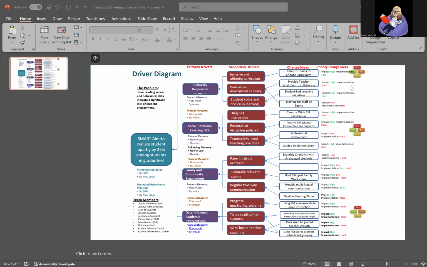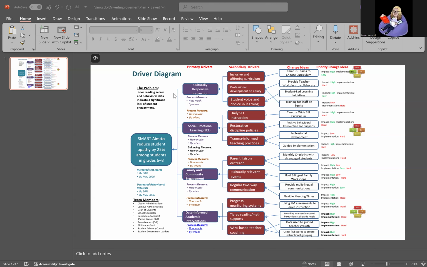You have a district-wide approved schedule or calendar, and they have already approved teacher work days. If you need to add in additional work days, that's going to go into overtime for a teacher. And so to me, administratively, those would be hard to put into place. The impact would be high, but it would be hard to implement. So these things are going to take team planning. This is where your team comes into play and you begin planning for your next school year